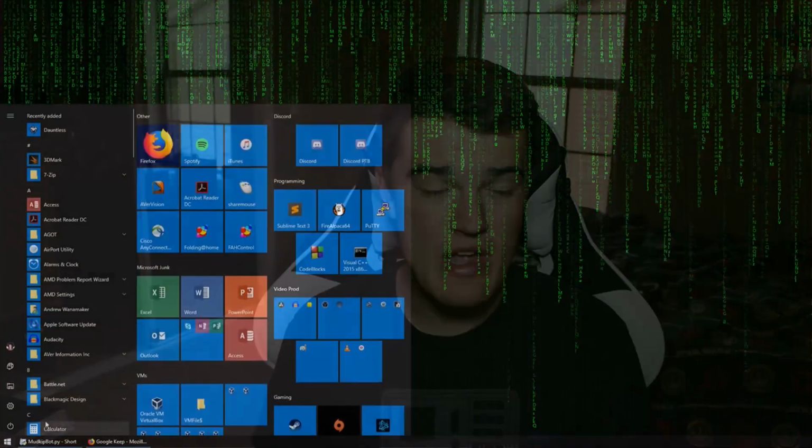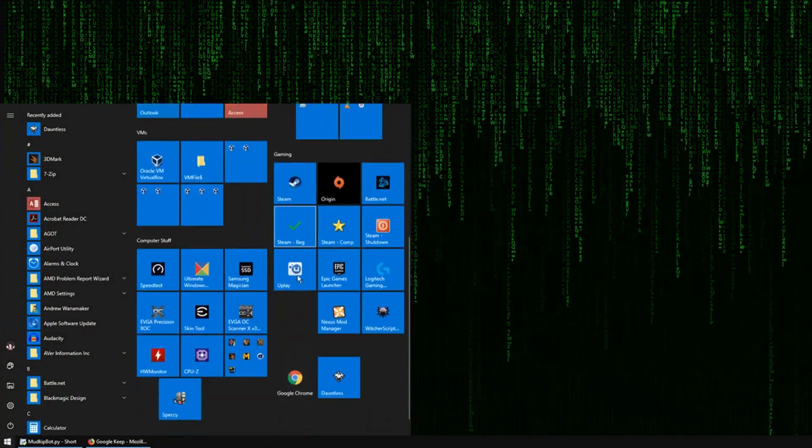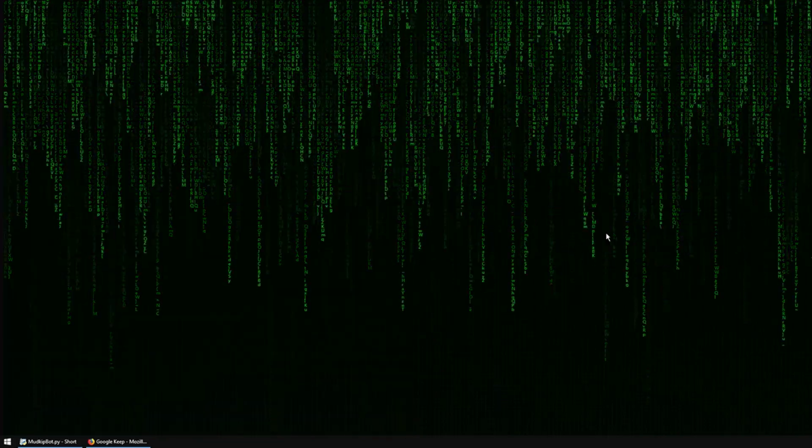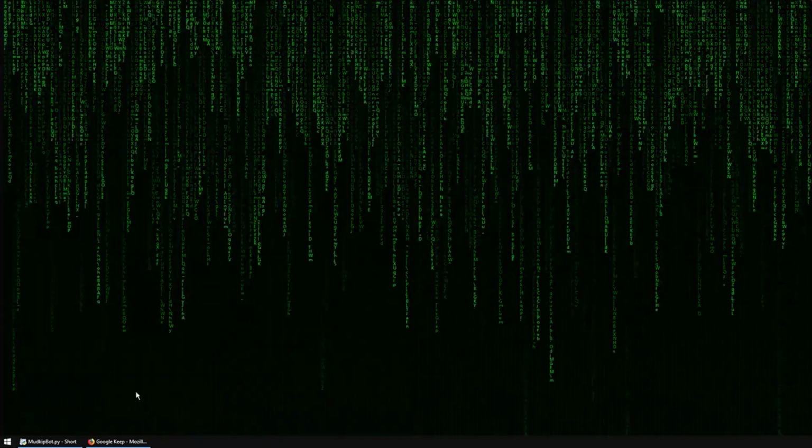Using the start menu to launch your apps actually makes it quite a bit easier to do so, just because all you have to do is hit your Windows key or click the start button and then click the app. You don't have to deal with minimizing windows or anything to get to your desktop icons to open something up. And yeah, I think it's a whole lot better of a system to open up apps through the start menu